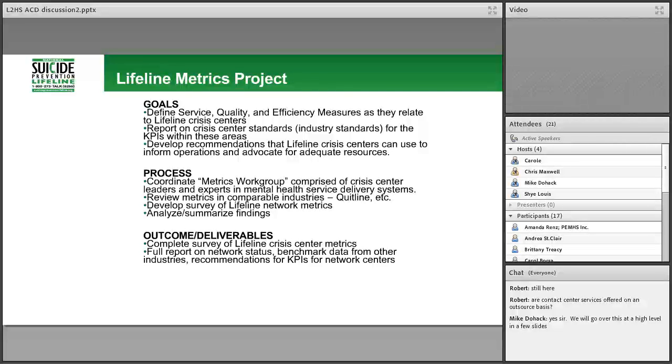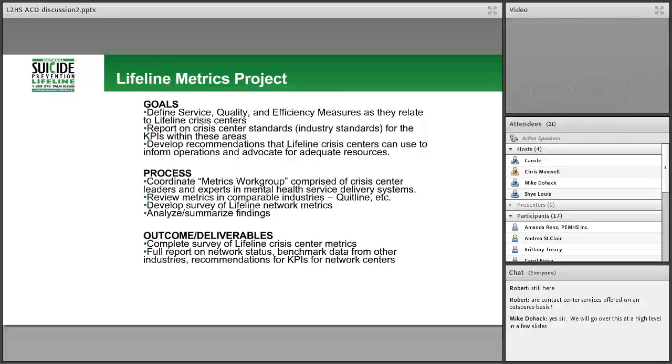So while you may not use an ACD currently, knowing and learning more about these metrics, and how they're helping other centers stay competitive, may help us gain some consistency as a network, and may help you think about whether this is an investment you're able to make in some of these tools that Mike is talking about.